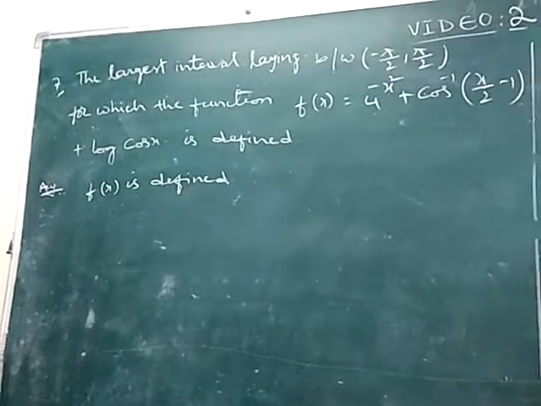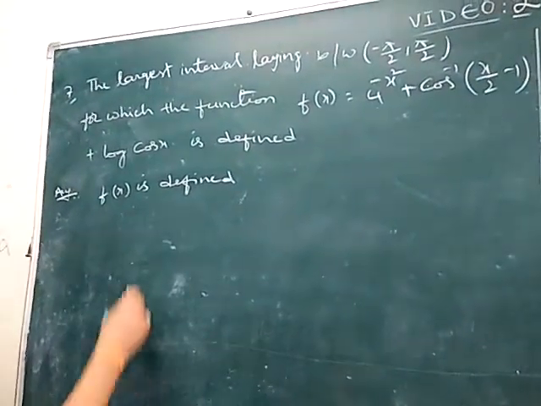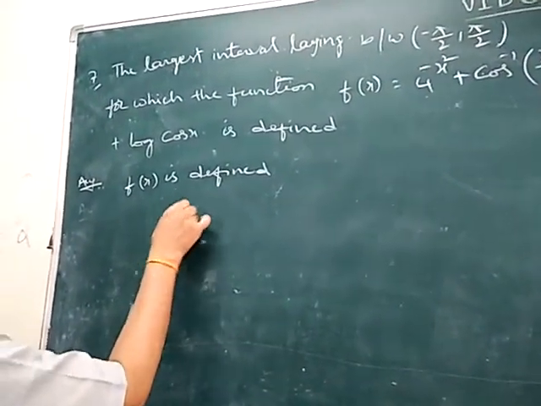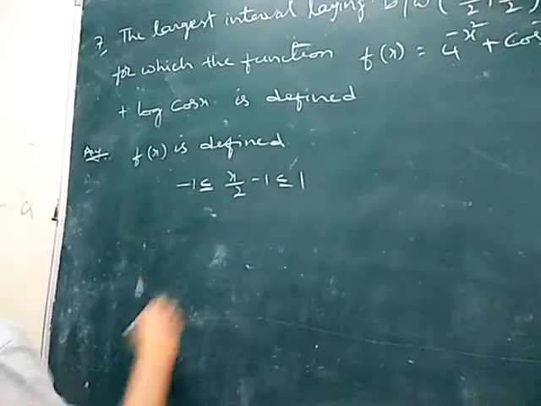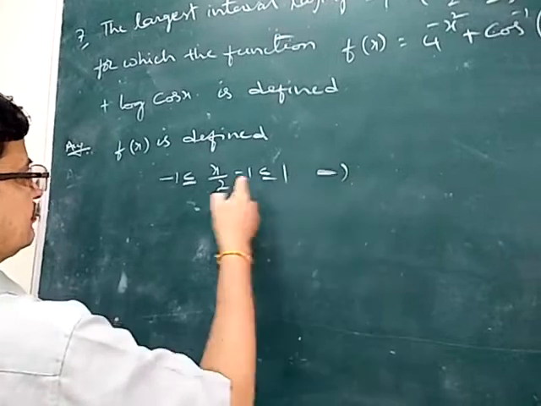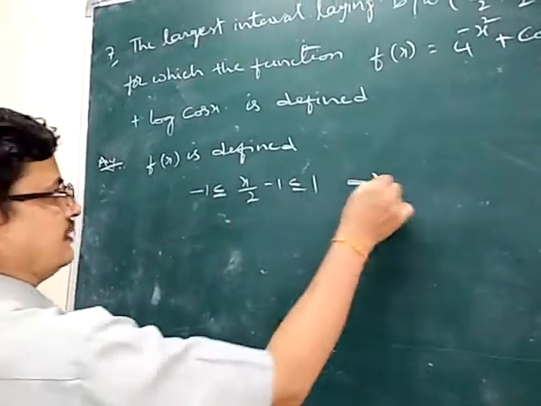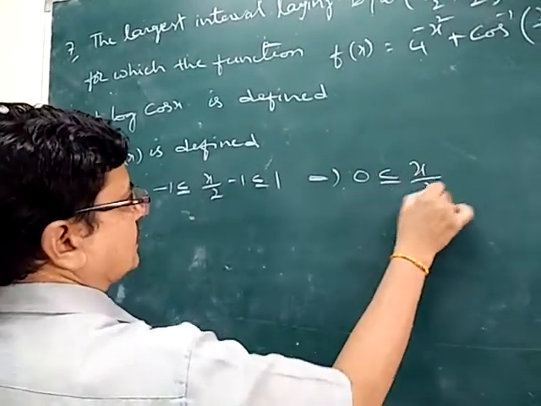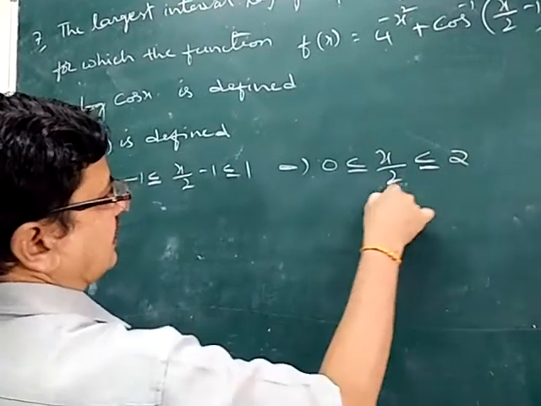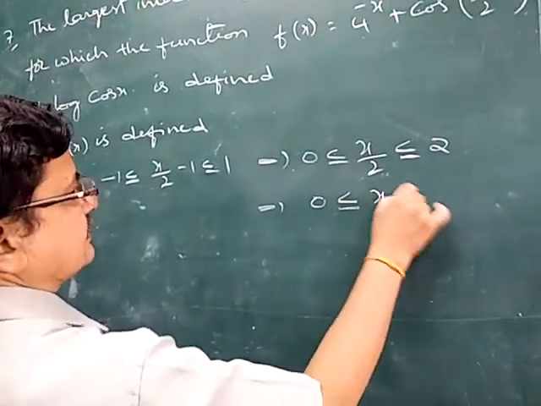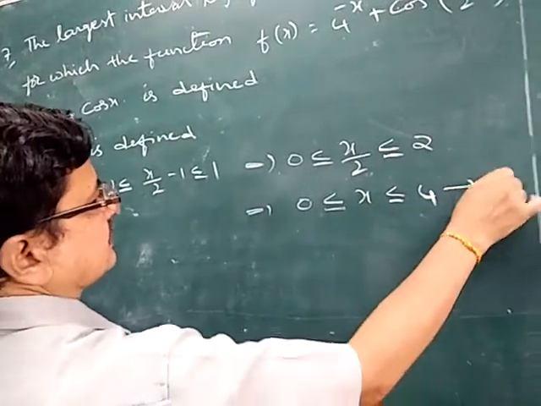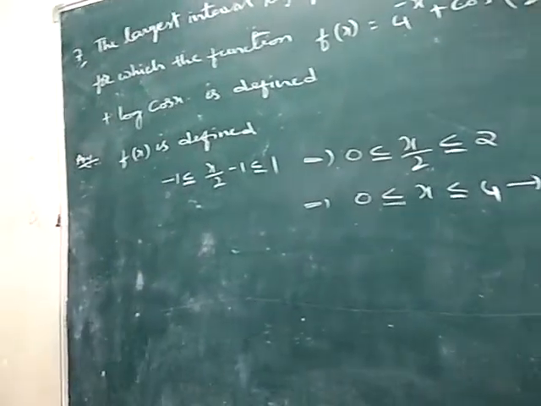Domain of cos inverse x is minus 1 to plus 1. So minus 1 is less than or equal to x by 2 minus 1 is less than or equal to 1. So that implies, taking minus 1 to this side, 0 is less than or equal to x by 2 is less than or equal to 2. And then taking 2 to this side, 0 is less than or equal to x is less than or equal to 4. This is the first equation. And